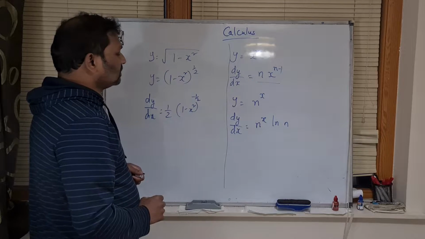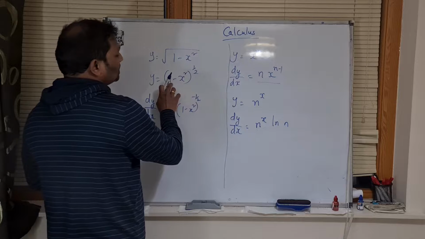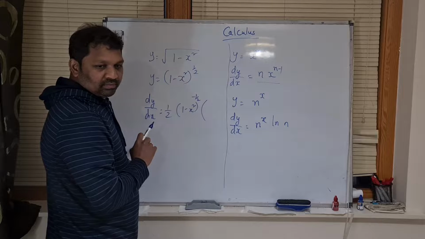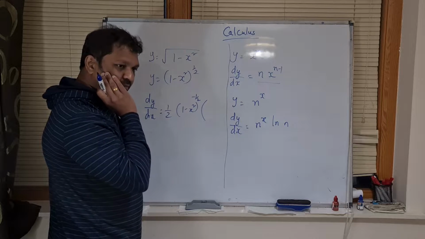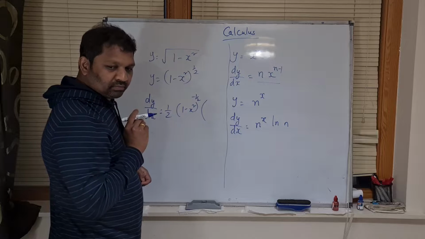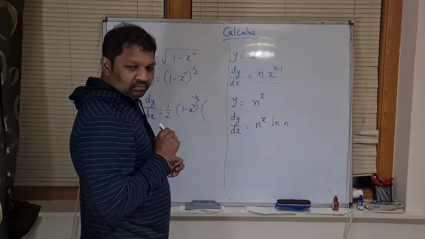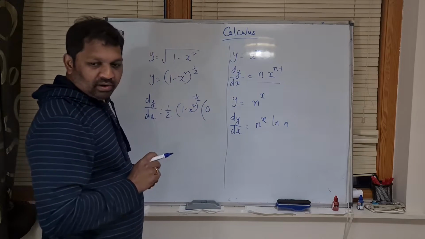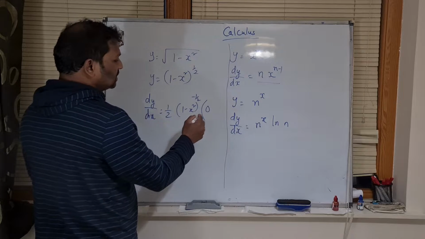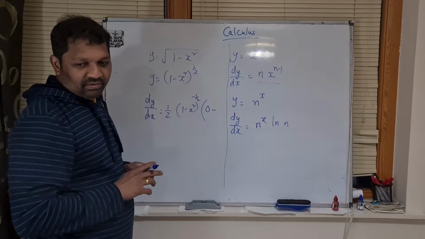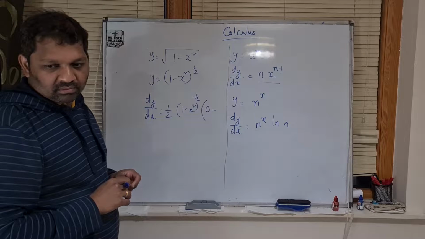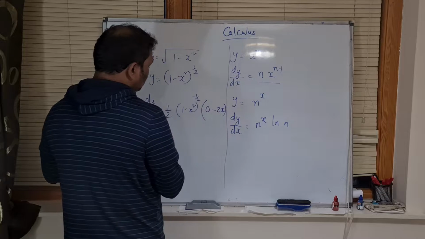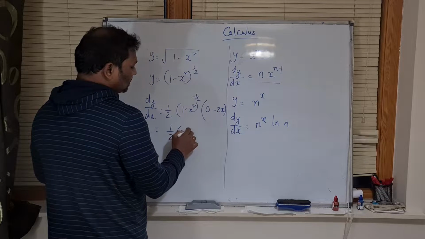And then you differentiate the inner part, the inner function. What is the inner function here? 1 minus x square. So if you differentiate it, what is the differentiation of 1? Differentiation of 1 is 0. Then 0 minus, what is the differentiation of x square? 2x. Differentiation of any constant is 0. Minus 2x. Okay. So if you further simplify it, it's going to be 1 minus x square whole to